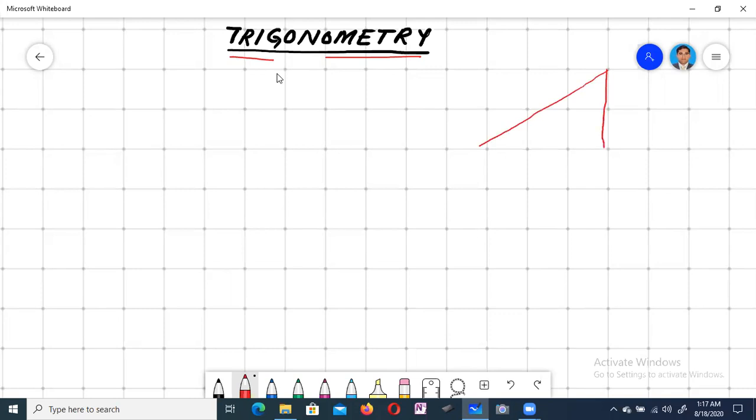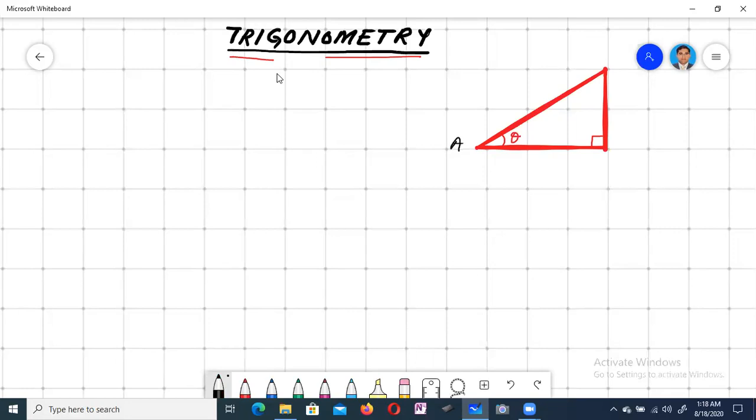In this chapter, first of all, we will discuss about the trigonometric ratios. For that, we should be familiar with the right angle triangle. With respect to angle, three types of triangles are there: acute angle triangle, obtuse angle triangle, and right angle triangle. Right angle triangle is one in which one angle will be of 90 degree. One other angle should be there, that we can say angle theta or angle A or angle B. Here I am representing with angle theta.